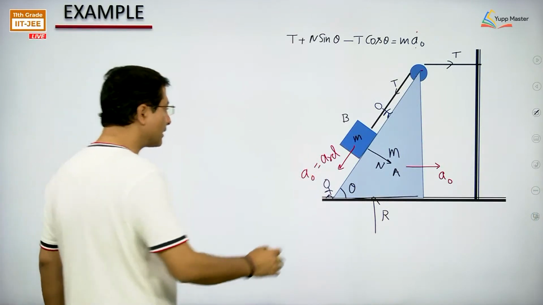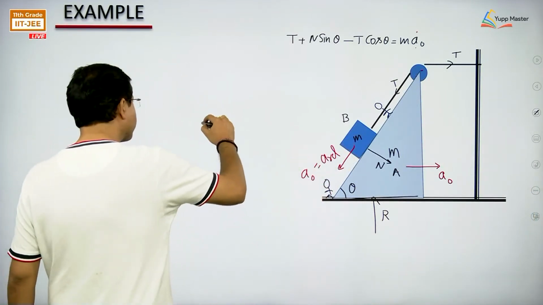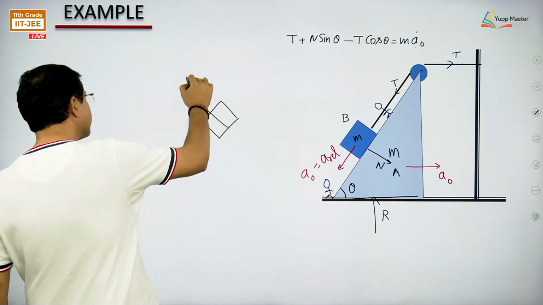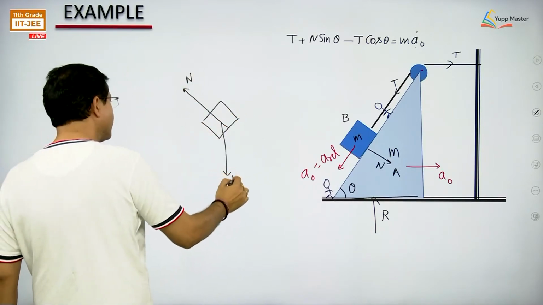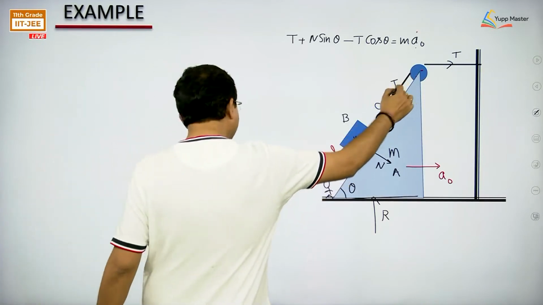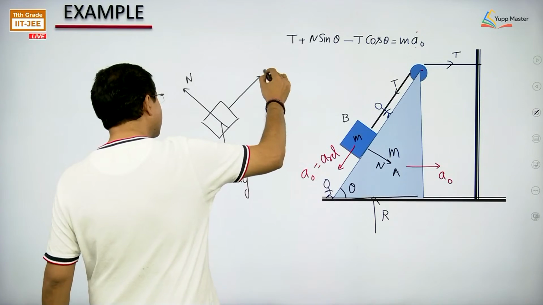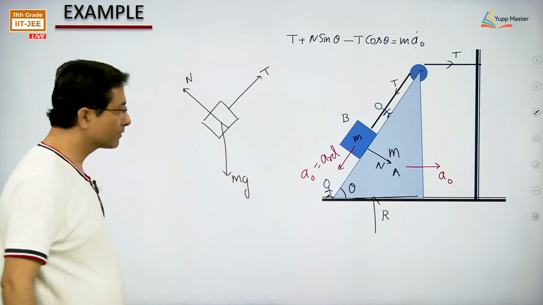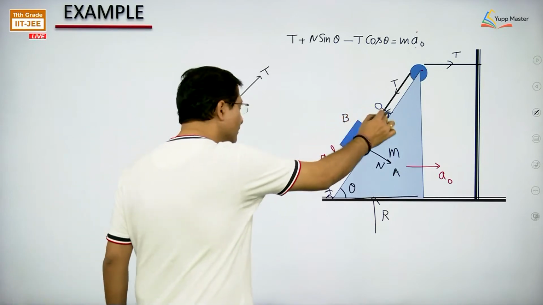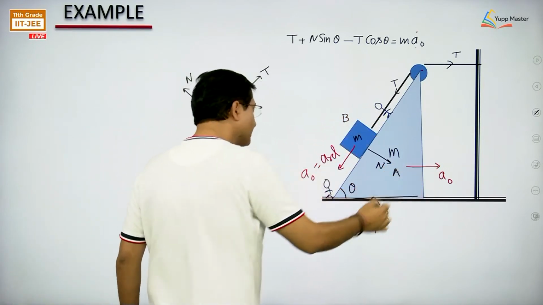So free body diagram of block: normal reaction, mg, along the plane tension. These are the real forces. And as our frame is accelerating,